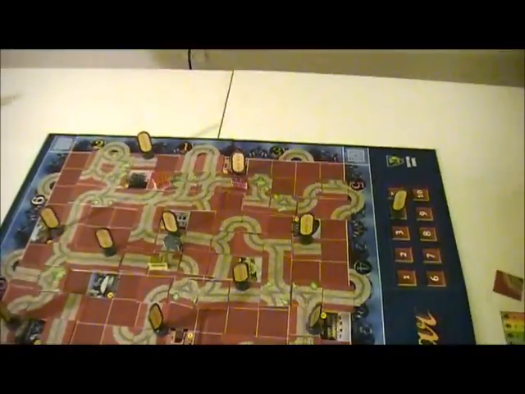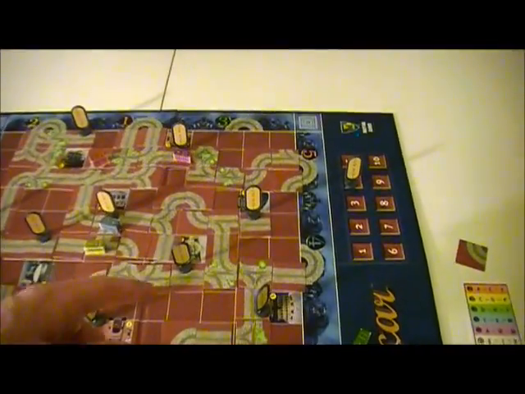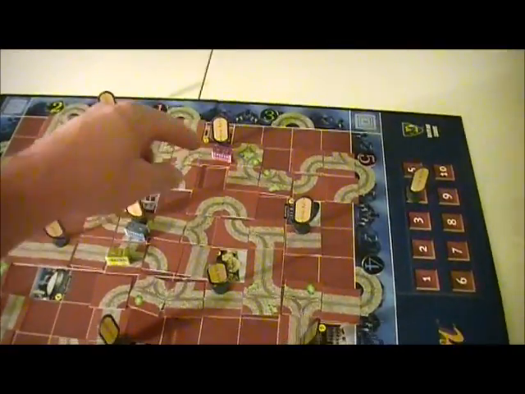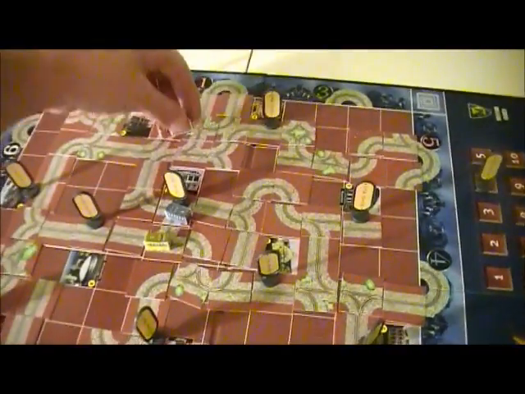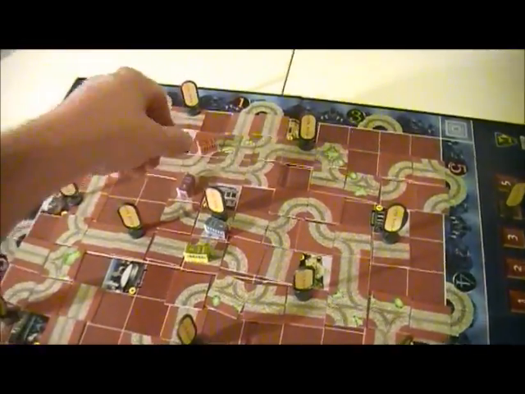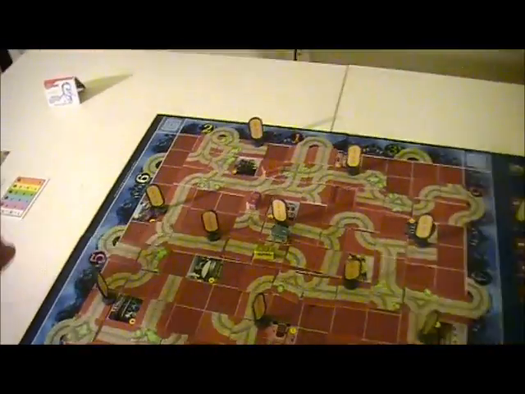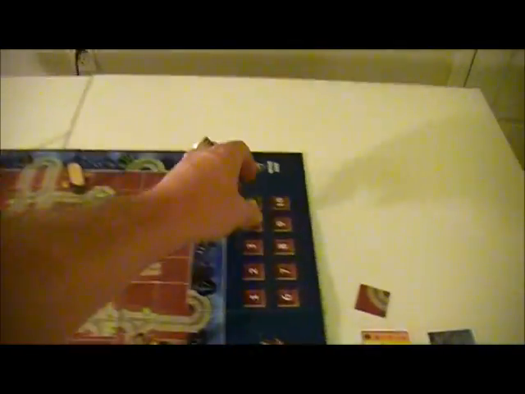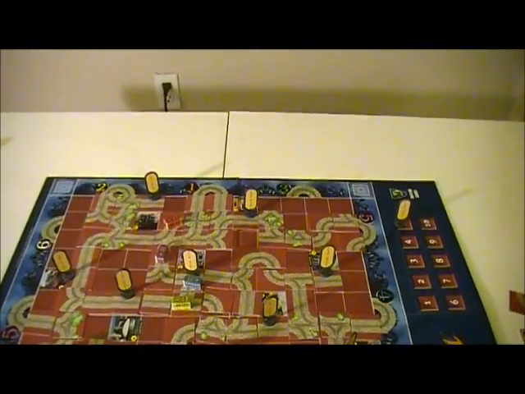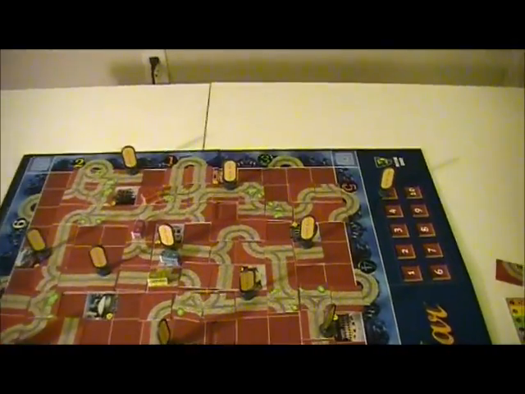Okay, on to the 5 train, and yeah, we'll just keep running these. He's got a 4, which means he gets to go 5. 1, 2, 3, 4, 5. I hope he wants L. He does. And that pushes it here. That means the 4 train has that big